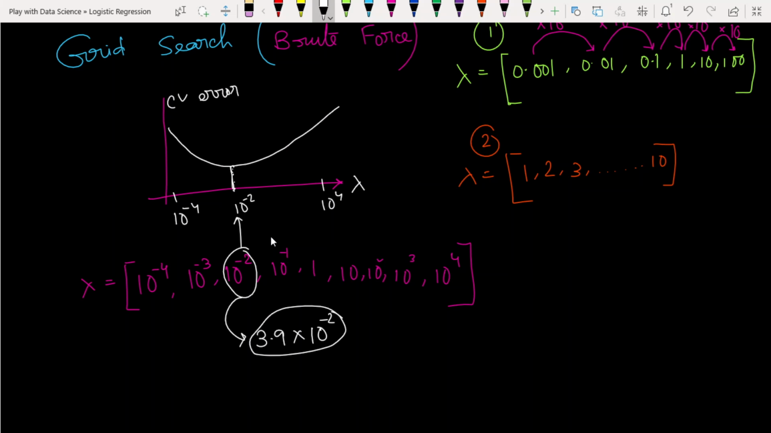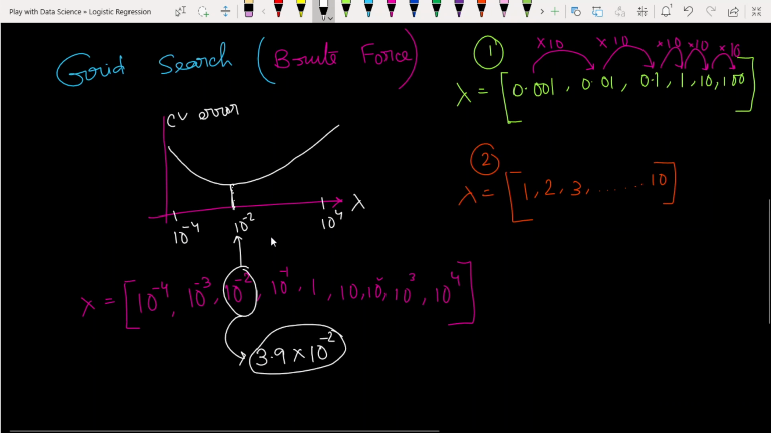Such a technique is called grid searching or brute force search technique. So first we have to take a large interval, then we partition this interval into some numbers. We then test the cross validation error, and at the point where we got the minimum cross validation error, we can think that our actual optimal lambda is lying near this point. Okay,